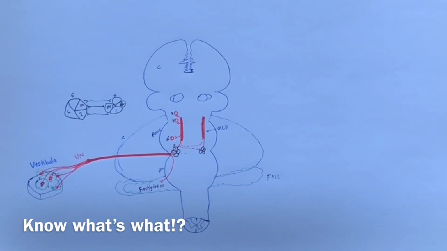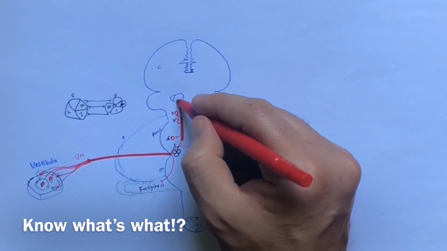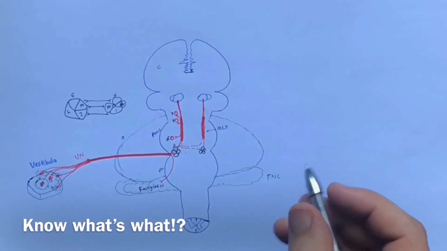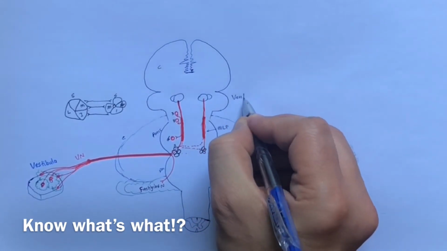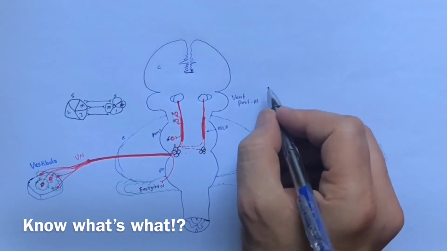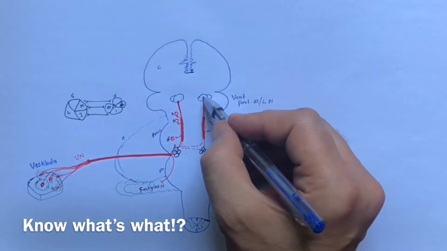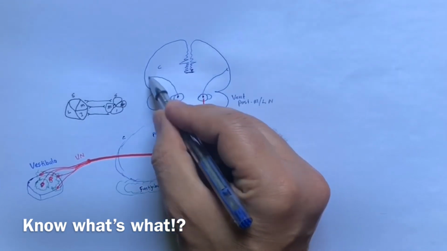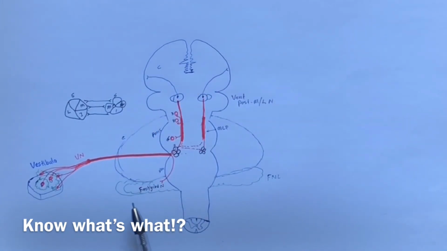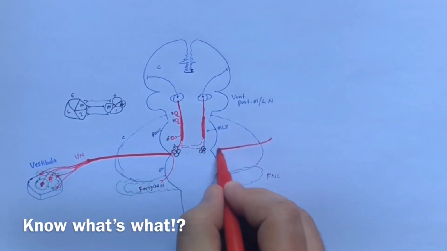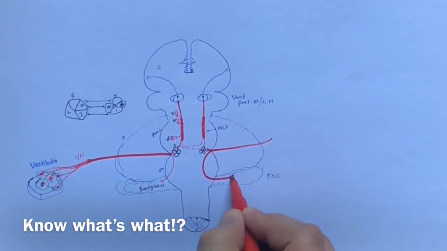Here are the two thalami, and it will terminate on the ventral posterior medial and lateral nuclei in the thalamus. And from the thalamus, it will give the fibers to the cortex. And this system also sends the fibers from the lateral